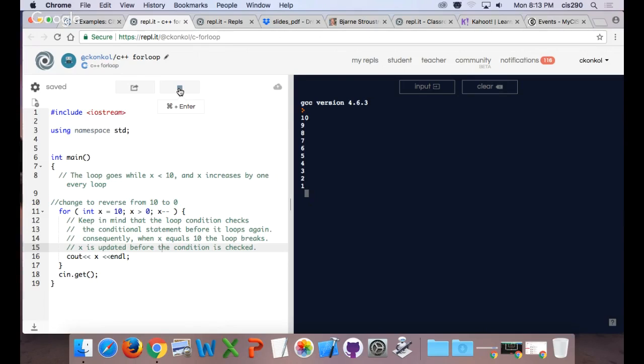Okay, so I'm reading my screen here. So what I did with mine was to get from the x initialized at 10, while x is greater than 0, to the decrement. We'll keep on going down. So from 10 to 1, it stops at 0. It has to be greater than 0 in the middle argument of that for loop.